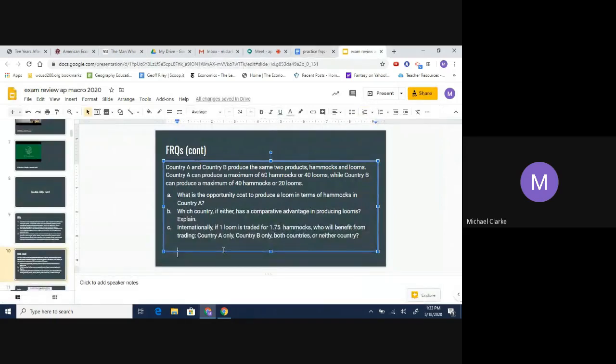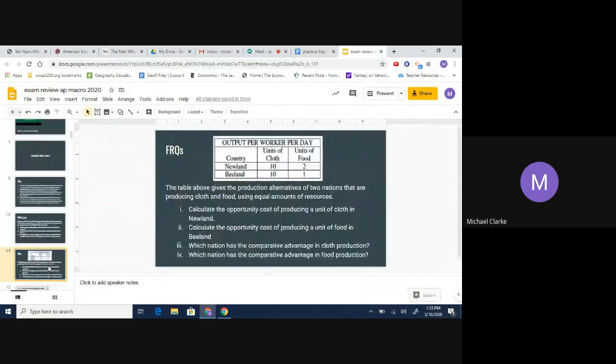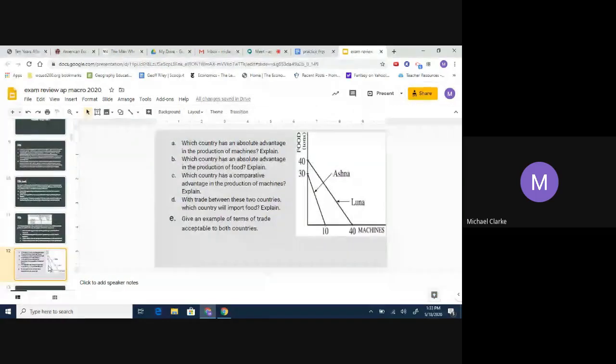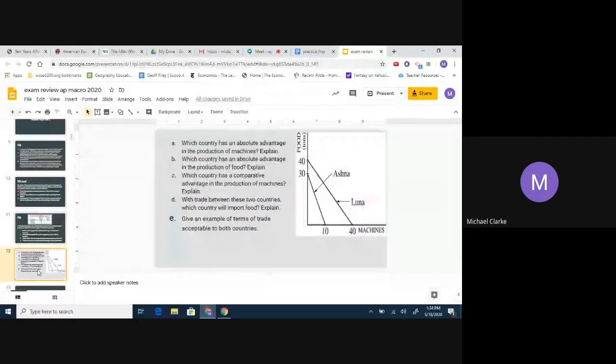I got 2 more. I'm going to do 1 more comparative advantage question, then I'm going to move on to Unit 2. So now there's 2 more comparative advantage questions here. You got this one, which might actually look familiar. We might have used this way back in Unit 1. And then there's this one. I'm going to do this one for the sake of time. And then if you guys want to try this one on your own, have at it.